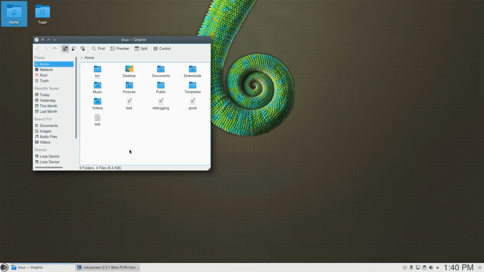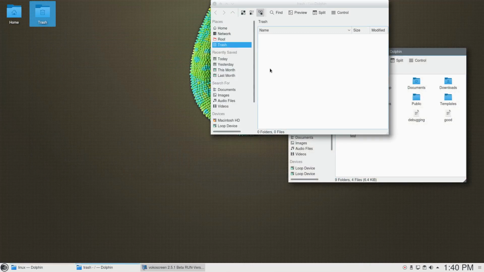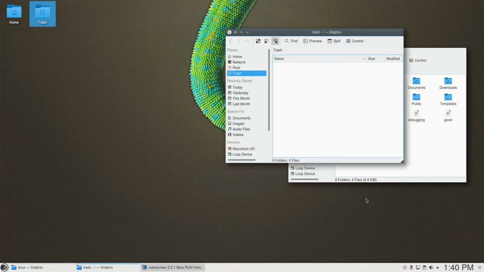Then what else? You can see that I increased the drop shadow intensity. This is something that makes windows pop out more from the screen, especially if you have multiple windows open that are overlaying each other. This makes it much more clear to see which one is the active one. Also, I think it looks cool.